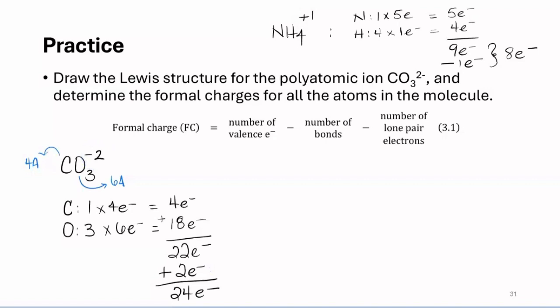And every time you have a polyatomic ion, you need to remember, if it's positive in the polyatomic ion, I'm going to subtract that charge number from my total count of electrons. And in the case of negative ions, in polyatomic ions, I'm going to add that quantity to my valence electrons count. Let's continue. When I look at carbon versus oxygen in terms of their electronegativity, I go back to my